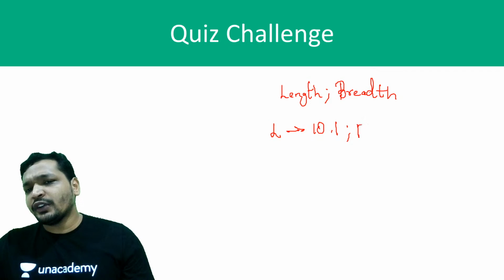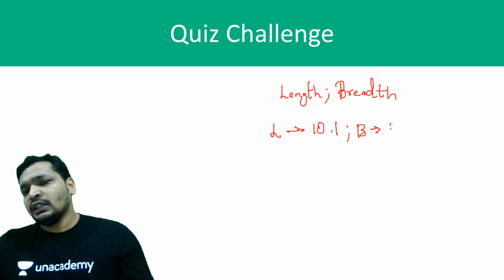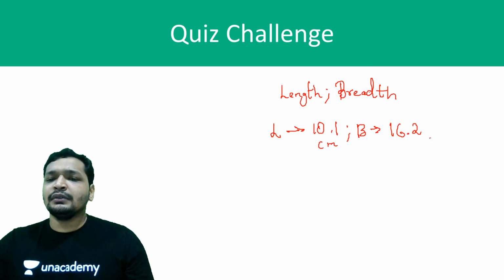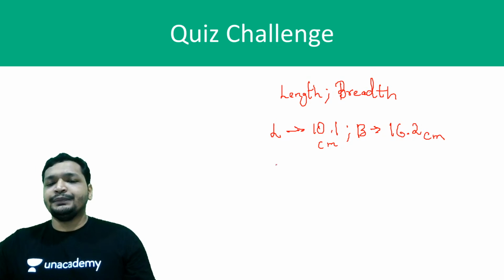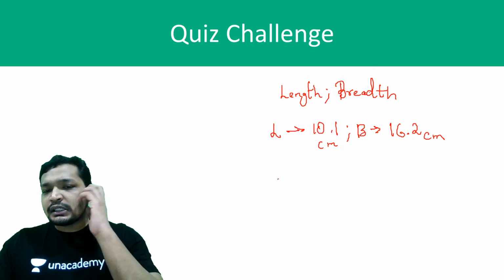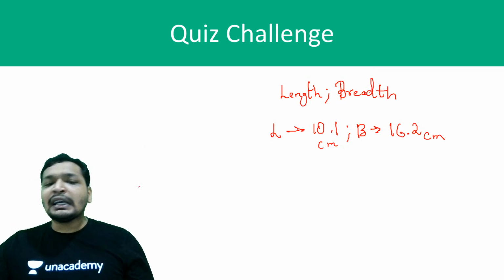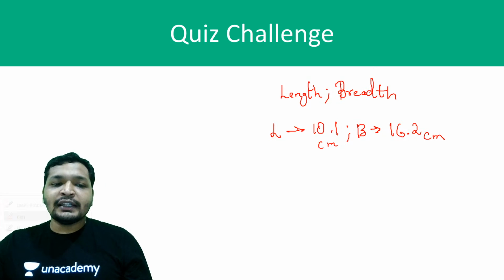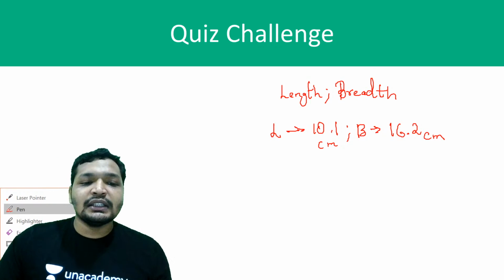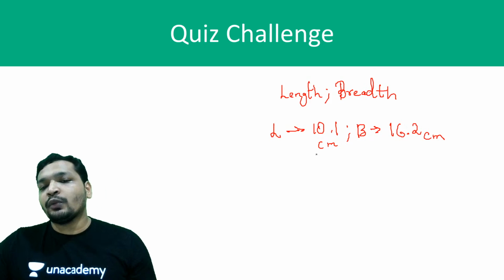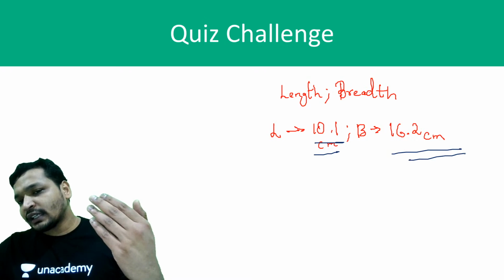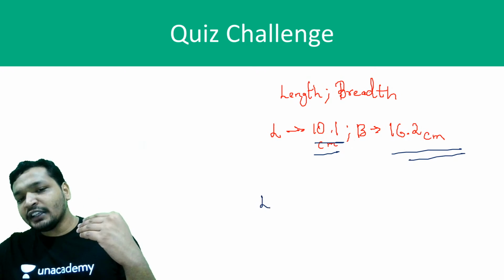And the breadth was given to you as, this is important guys, 16.2. Both are in centimeters. Okay. So what is the maximum error? Think about it. You have used something like a vernier calipers or a scale with least count 0.1. That is when you will measure only up to 0.1 centimeters. So if you notice it carefully, the least count of the device should have been